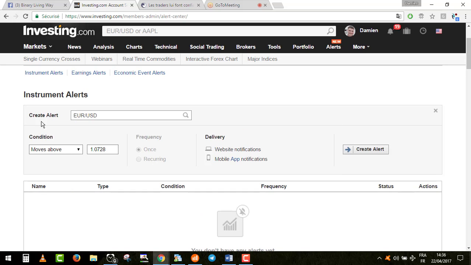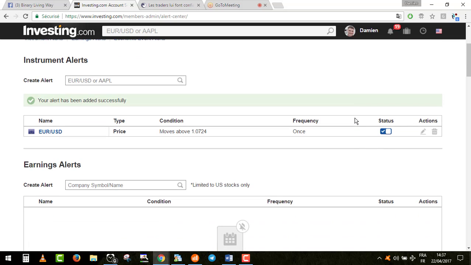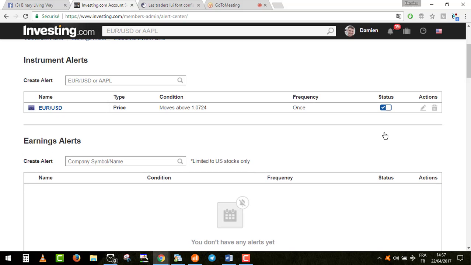Then we go to condition, the price moves above this price if it's a put, and a little lower than I wanted, so 24. And it will send me a website notification and a mobile application notification. I can set it only once and I create an alert. It's done. As you can see, the status is open, so the website will send me a notification on my phone by the application investing.com that I have already installed on my phone,